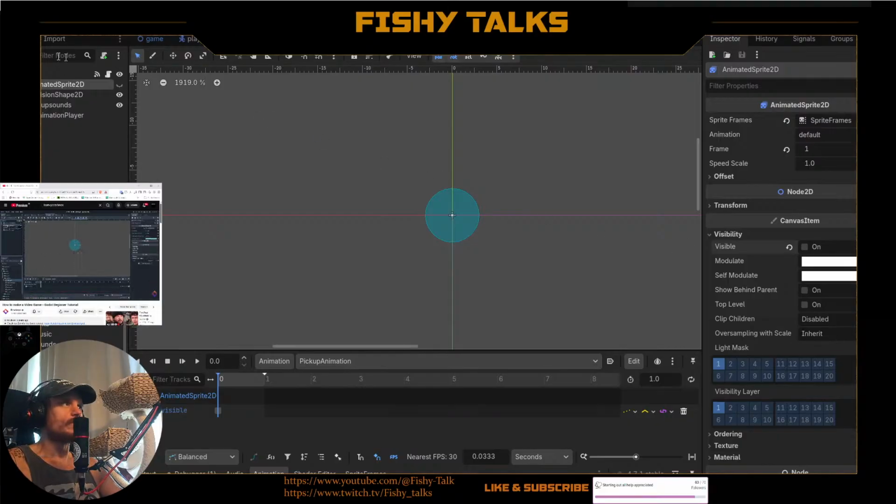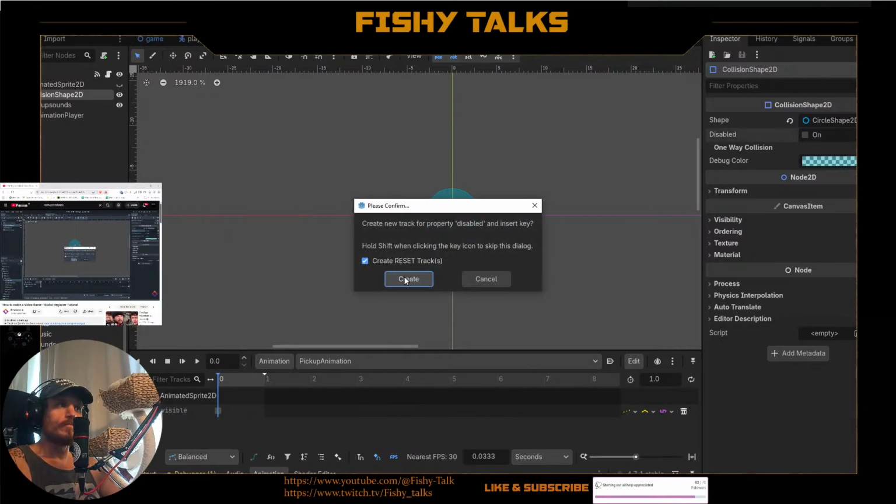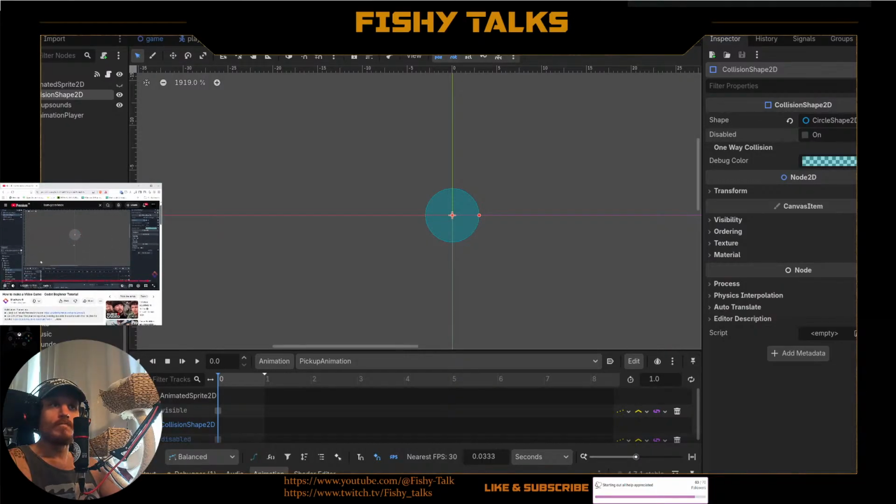We don't want to be able to collide with it while it's playing the sound. So let's simply go ahead and add a default key here for the disabled property. Hit create. And now we can set disable to true and add a new key. We can also